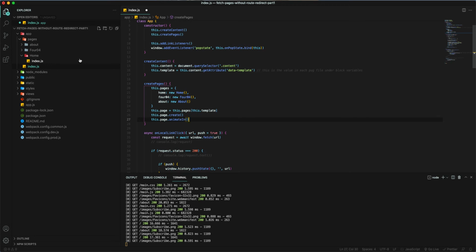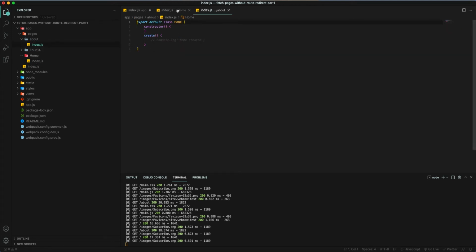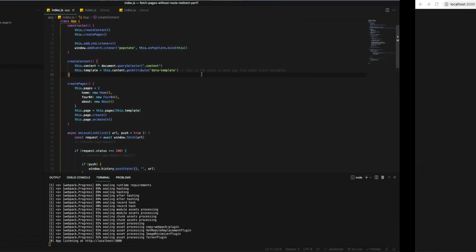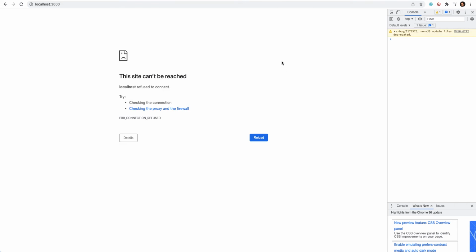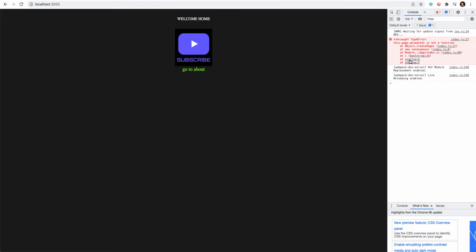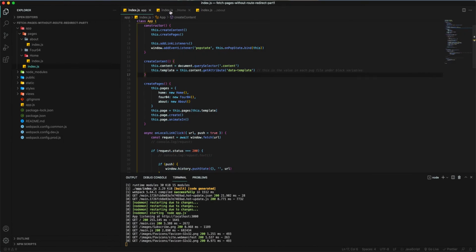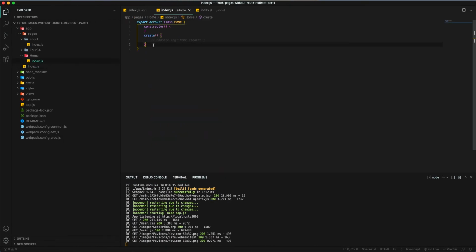Then we obviously need to define this animate in each of our single home and about page JavaScript files. Because right now if I save it and reload, it's going to look at that page and it doesn't find the function animate in. So we need to define animate in